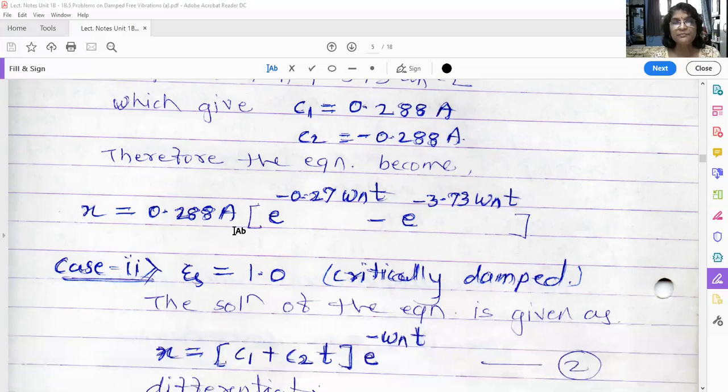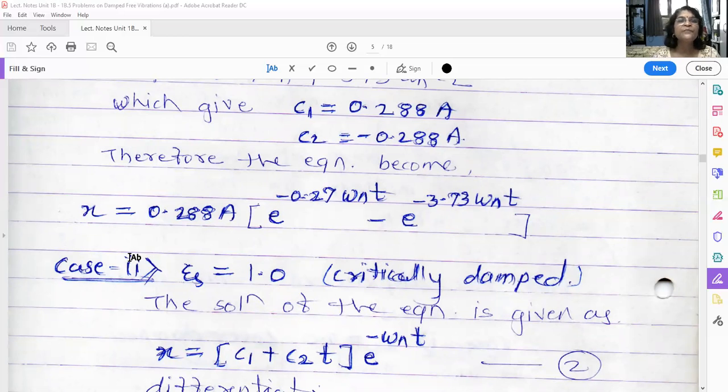Okay. So for example, if we know omega n here, and if I want to find out, say at t is after 5 seconds, what will be the displacement? Okay. So at t, then put here value of t is equal to 5 seconds. We know omega n, A is also constant, which is always given. You can find out x.